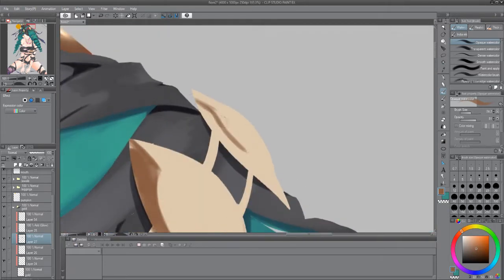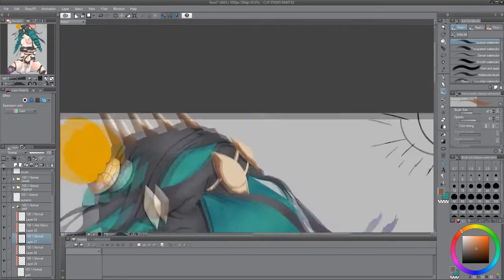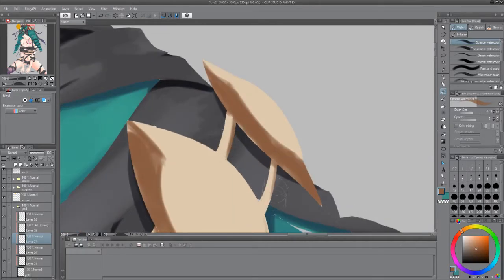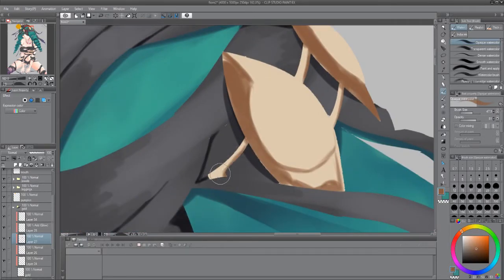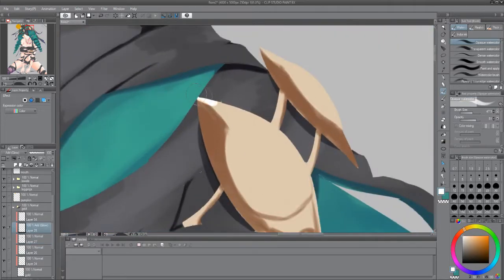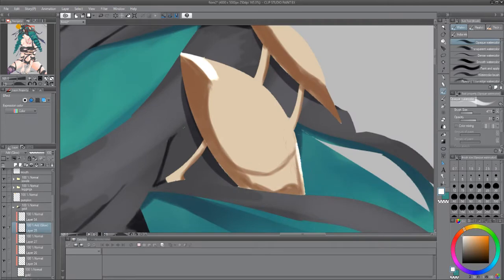And then the last thing about this illustration is the background. Oh boy, I tried to go for a graveyard at first, and then I realized that I just had no idea how to do that. Because this is also a night scene, which I have also not done, because most of the stuff that I've practiced is just